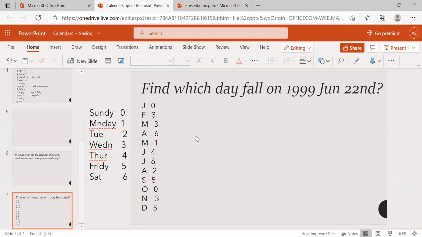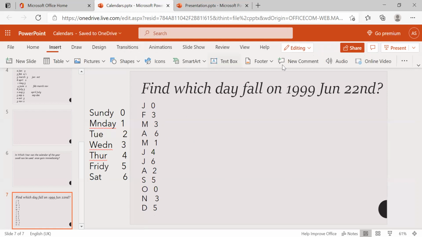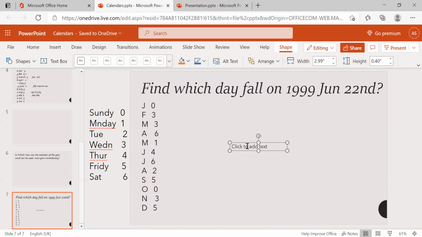See, these are the month codes. And another code is for the year. 1600 to 1699, the code is 6. 1700 to 1799, this code is 4. 1800 to 1899 is 2.